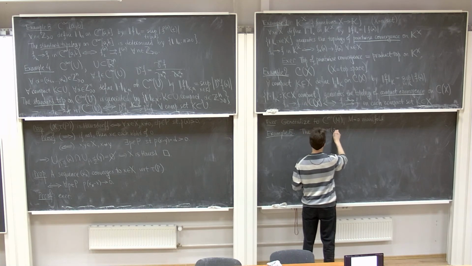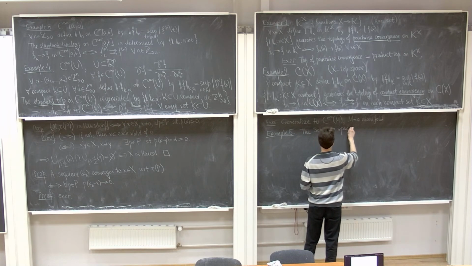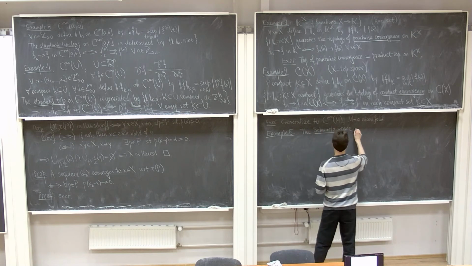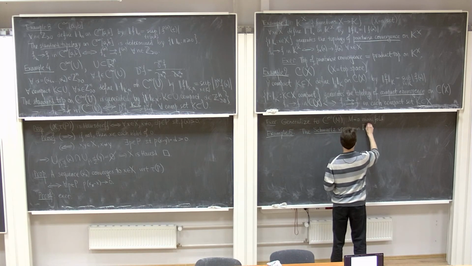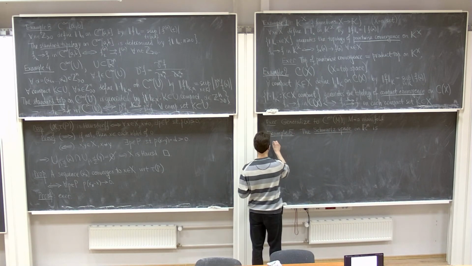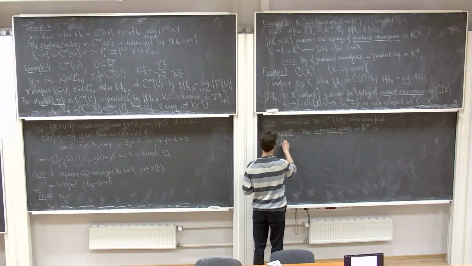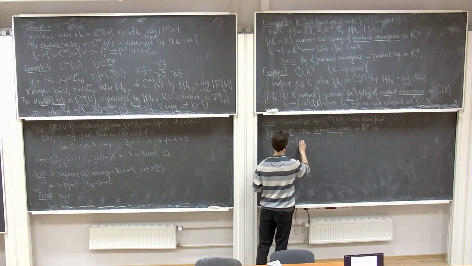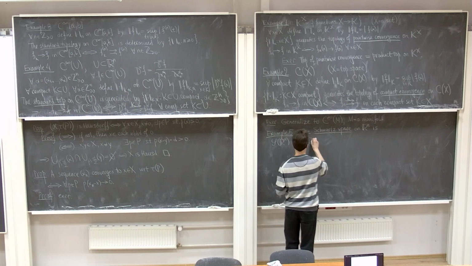The Schwarz space on Rn is the following space. It's denoted by script S of Rn, and it consists of those smooth functions on Rn